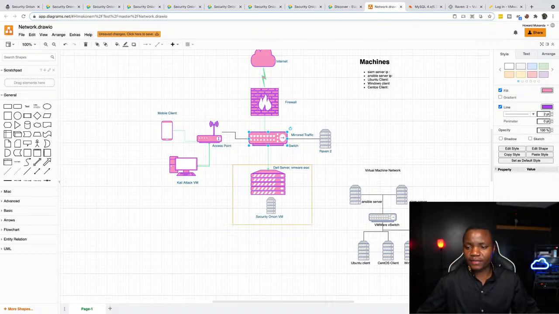I don't know if you can see this. Let's see if I can switch scenes. So right back here, that's the lab right there. There is a switch above there. Then there is a server all the way at the bottom. The server at the bottom is what's running Security Onion. It's a Dell server. That switch is just sending